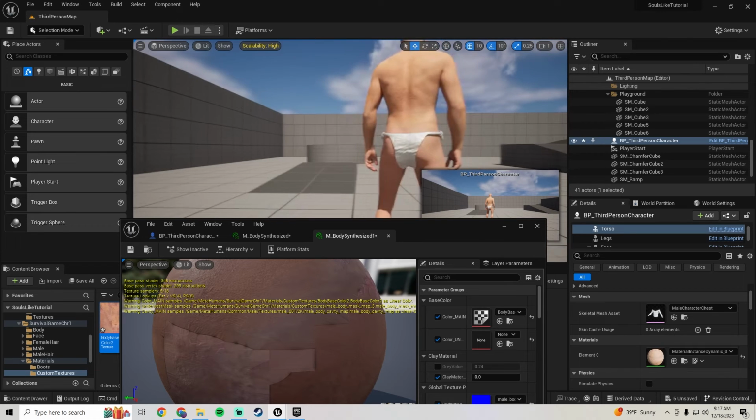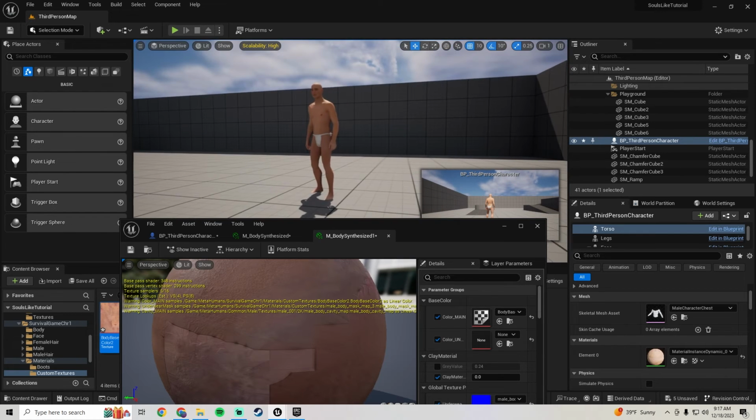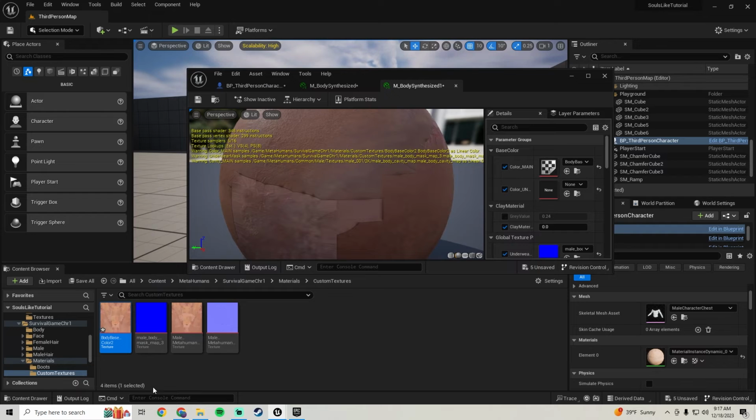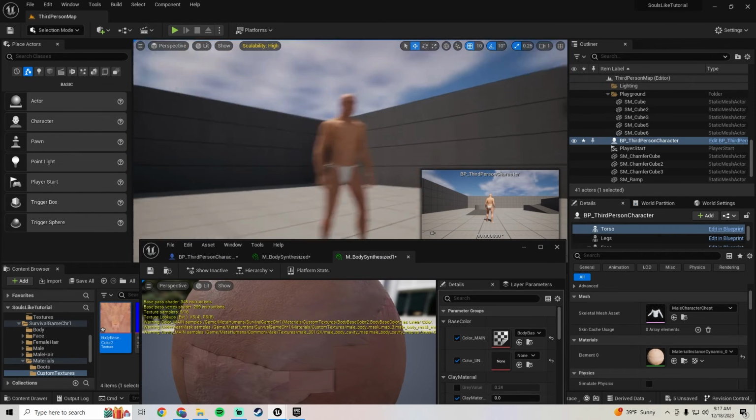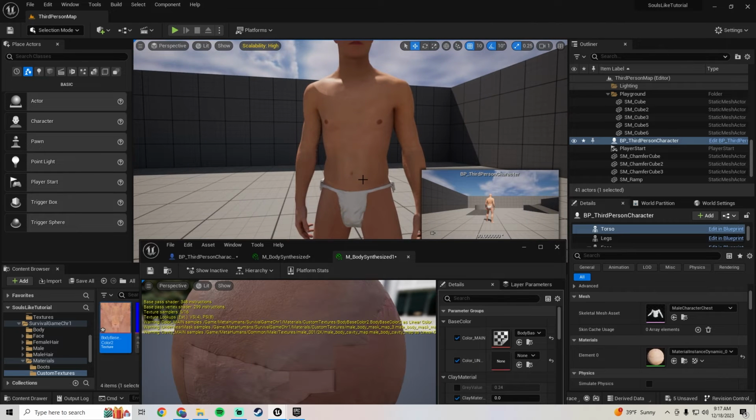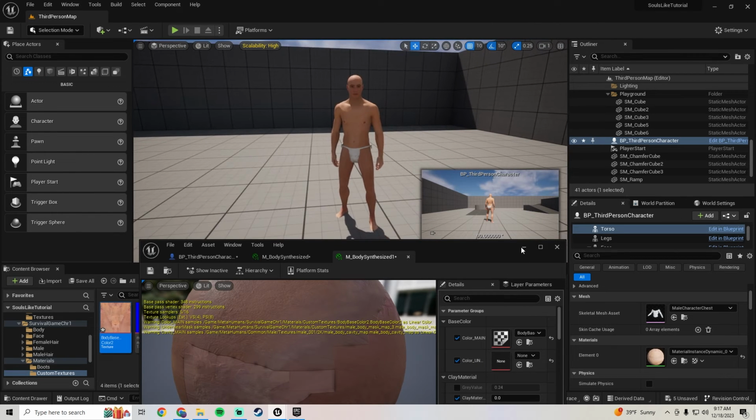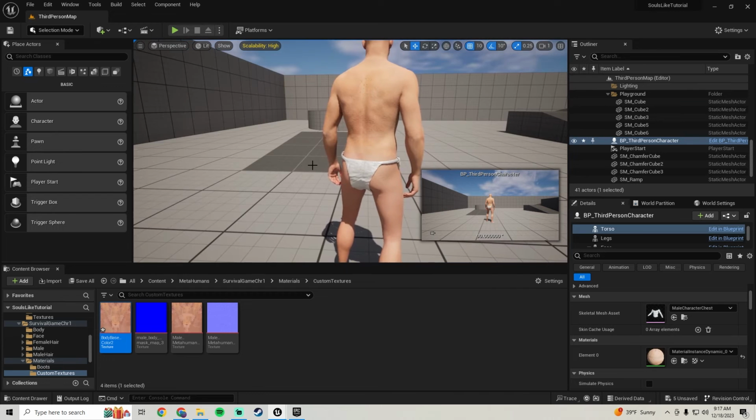Alright, there we go. Now it looks better. So yeah, you just want to make sure that texture is right. I'm not even going to give you the wrong texture, so now that I have that fixed,